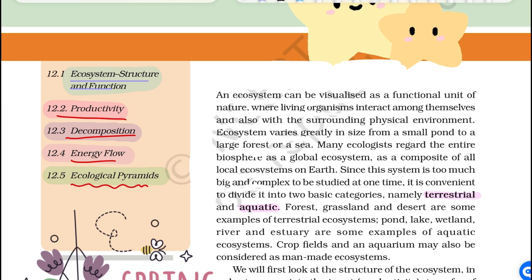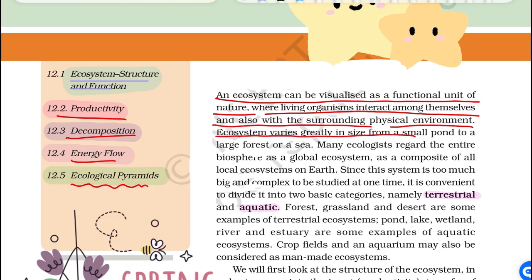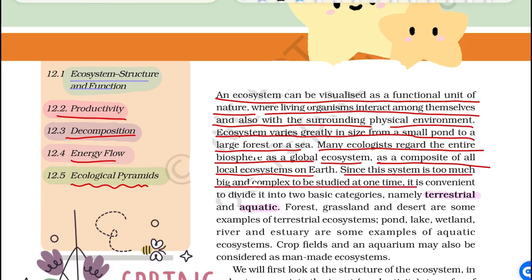So here we start. An ecosystem can be visualized as a functional unit of nature where living organisms interact among themselves and also with the surrounding physical environment. Ecosystems vary greatly in size from a small pond to a large forest or a sea. Many ecologists regard the entire biosphere as a global ecosystem, a composite of all local ecosystems on Earth. Since this system is too big and complex to be studied at one time, it is convenient to divide it into two basic categories, namely